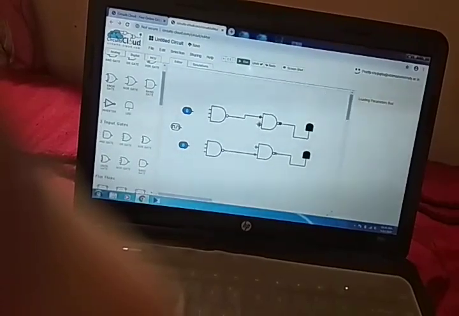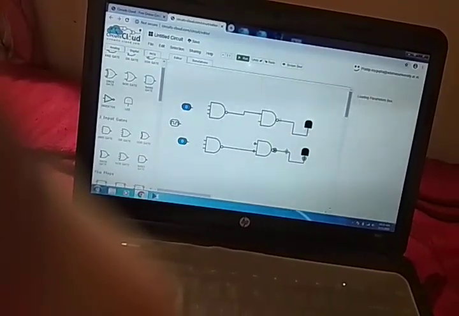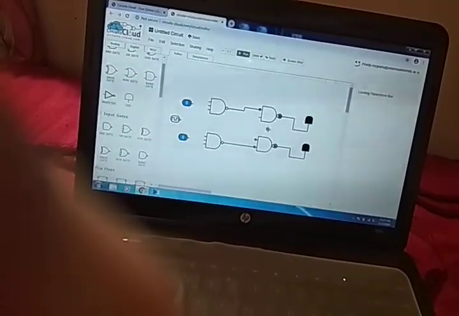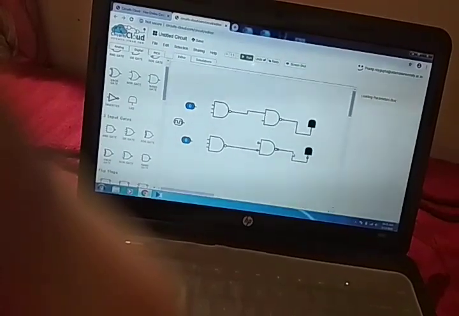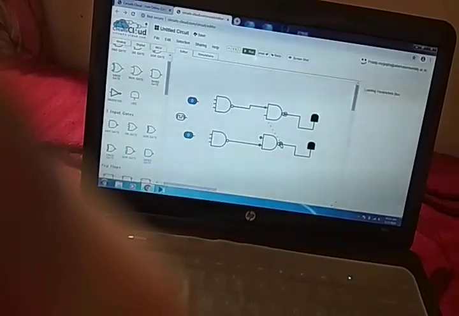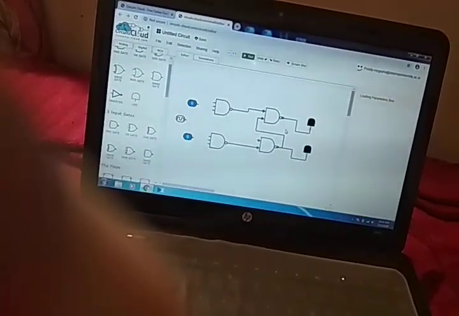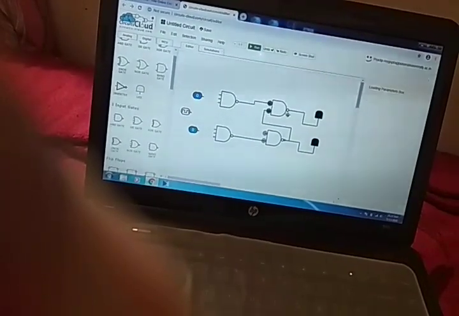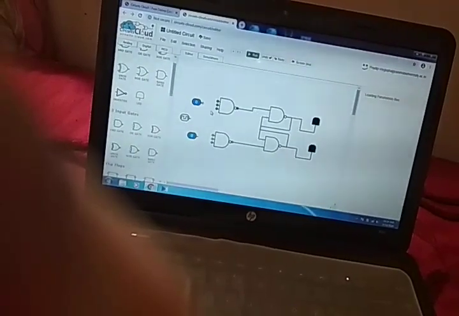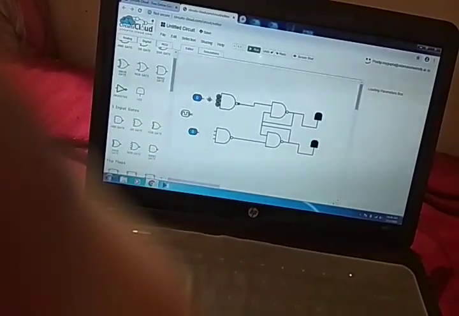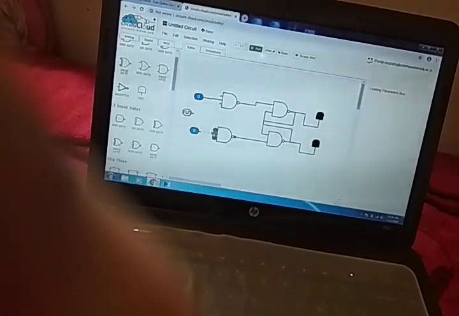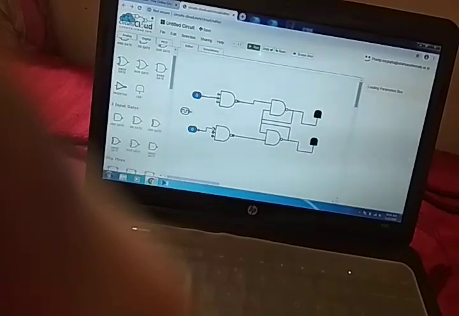You have to connect it with this line. This is not connected, you have to connect it. Okay, and connect it from here to there. And for this you have to connect this line, also not there.